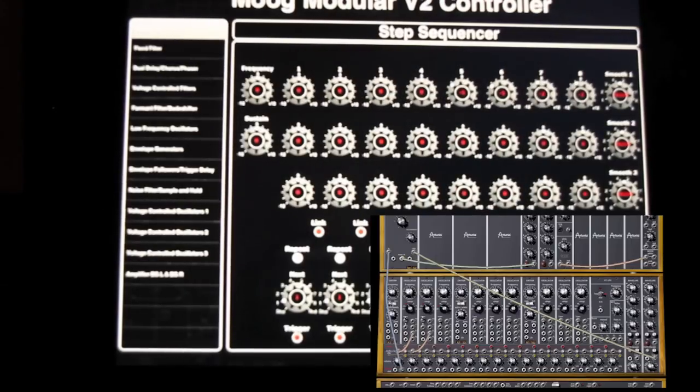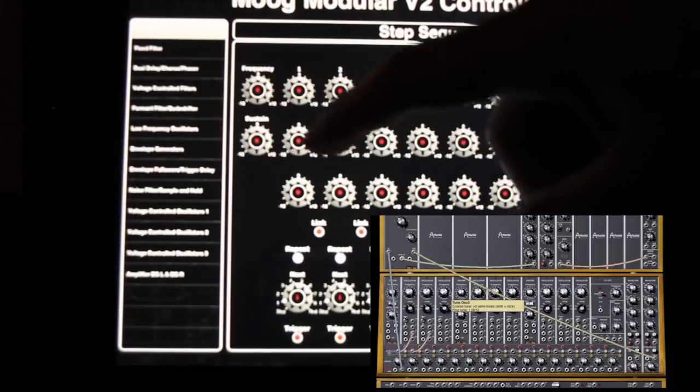So if I go back to sequence, I can use a second row to control the filter. In this case, the low pass filter uses sequence line 2 to control the cutoff frequency. So once we start turning these knobs,